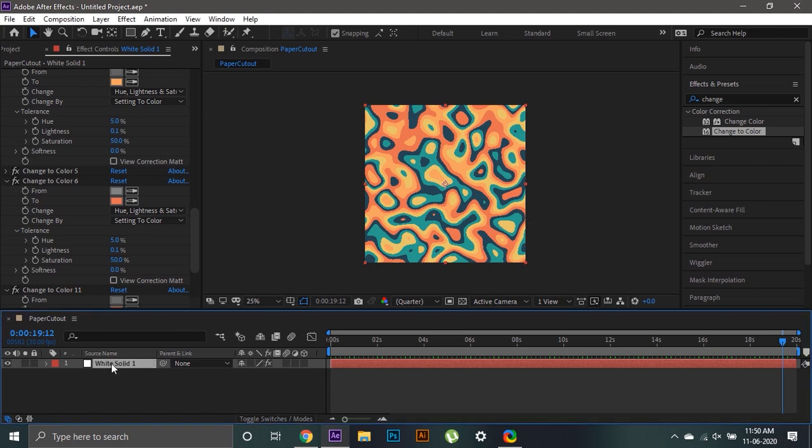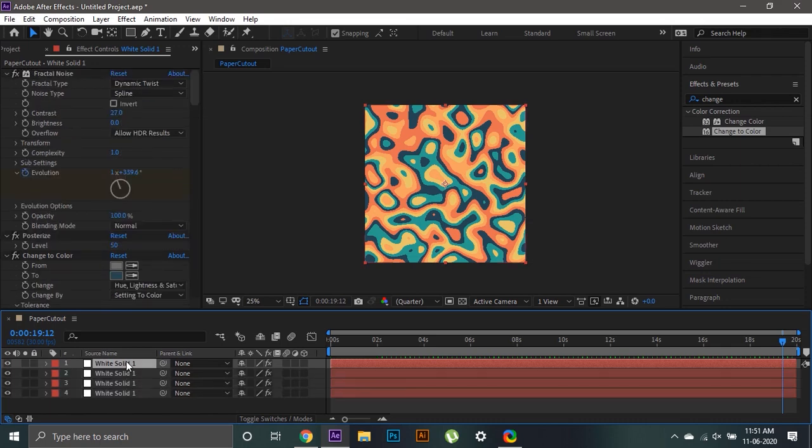So let's copy these layers 4 times, since there are 5 colors, so that would be 5 in total. So let's Ctrl D it 4 times. Ctrl D, Ctrl D, Ctrl D and Ctrl D. So we have 5 copies of this layer now. And now let's rename these layers according to the color. So first one would be dark blue,